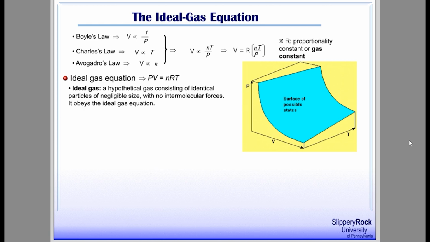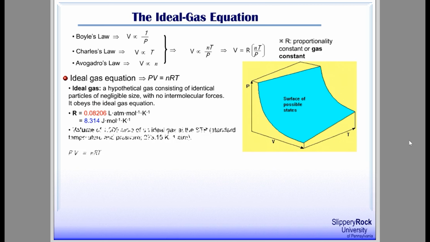The gas constant R is 0.08206 liter atm per mole per Kelvin, or 8.314 joule per mole per Kelvin. Be aware that the two values have different units, but they are equivalent to each other. You are going to use the gas constant numerous times for problem solving. It is very critical to use the gas constant with an appropriate unit to get the correct answer.